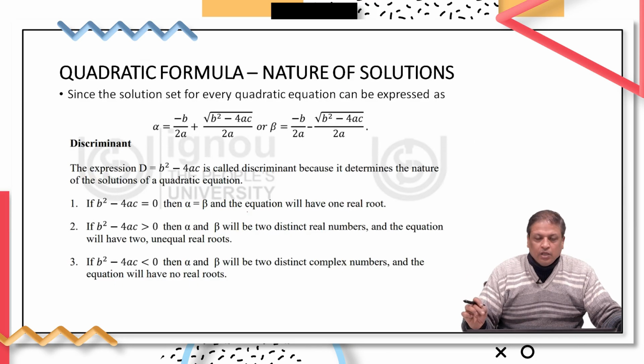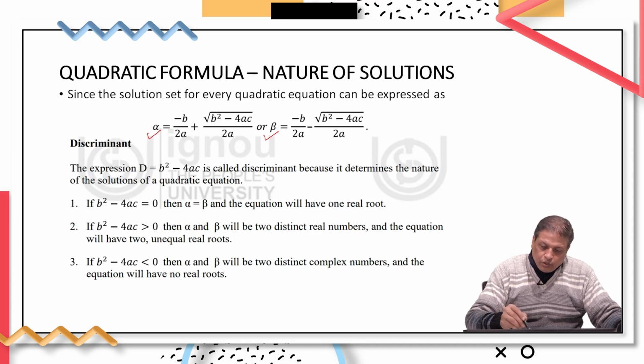Now, this quadratic formula is carrying a lot of information, because it in fact represents two roots, and in general the two roots are represented by alpha and beta, wherein alpha is taking care of the positive sign of root b square minus 4ac upon 2a, and beta is taking care of the negative sign of root b square minus 4ac upon 2a. Now, the term b square minus 4ac is known as a discriminant